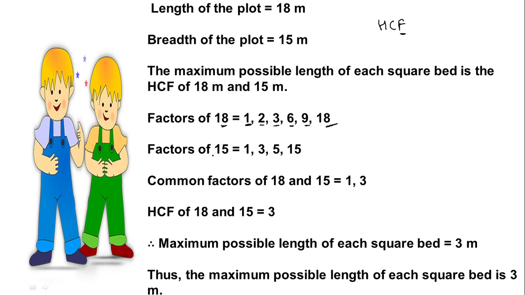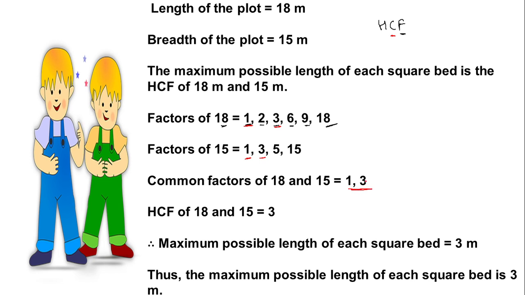Then in the same way we will write the factors of 15. What do we have? 1, 3, 5 and 15. Now children, what next do we need to do? We know that after writing the factors, after F we have C. C means common. You need to find the common terms. What is common? 1 is common. Then we have 3 common. And after that we don't have anything else. So what are the common factors?